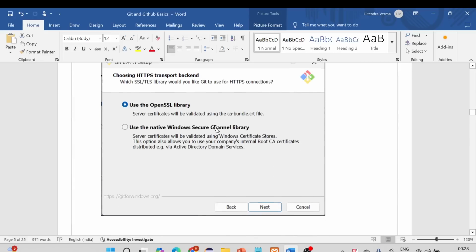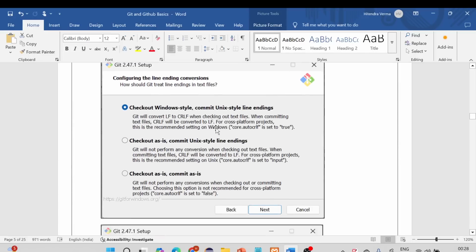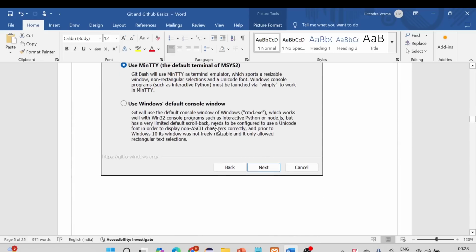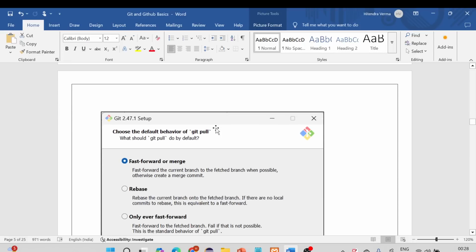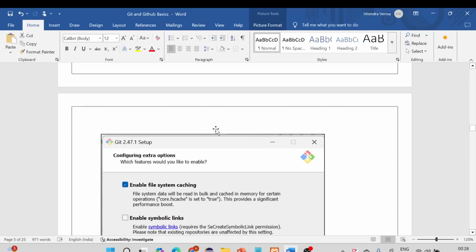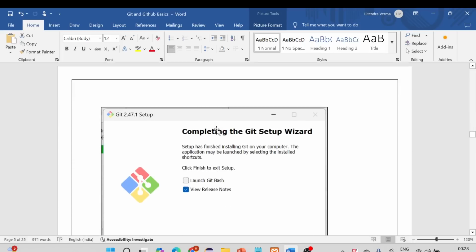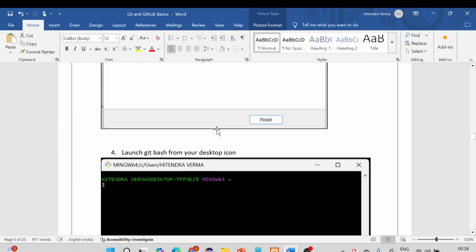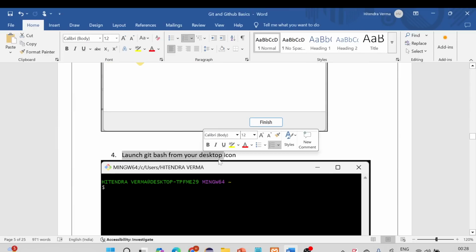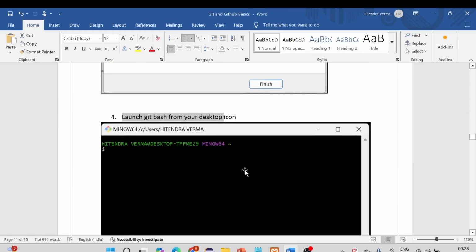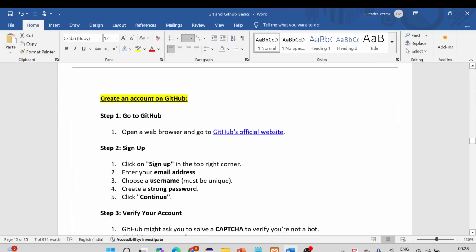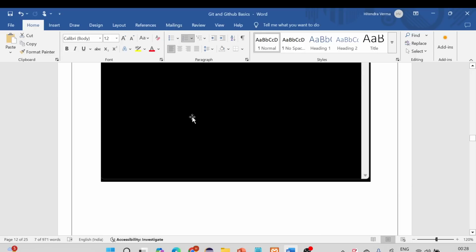Like this, you can see, step by step you can download. It's very easy to download and install Git on your system. Now launch Git Bash from your desktop icon, and we'll see what the version is, right? So yeah, before that, let me talk about